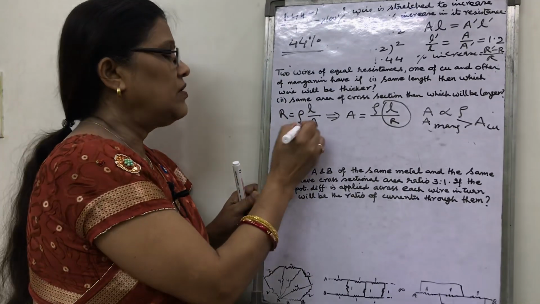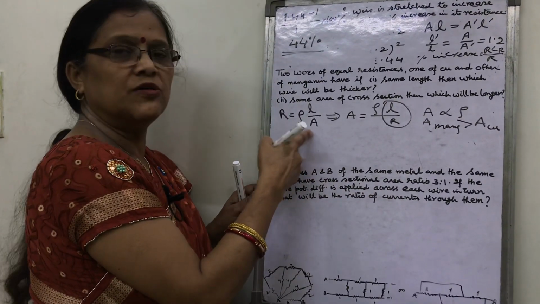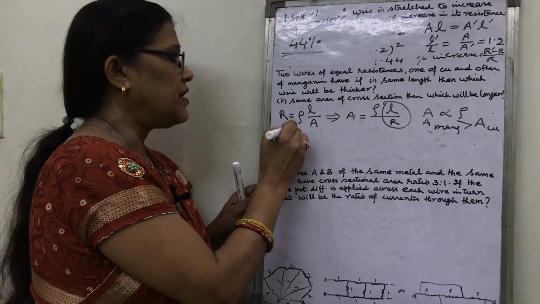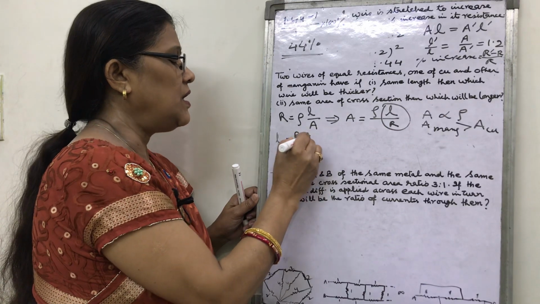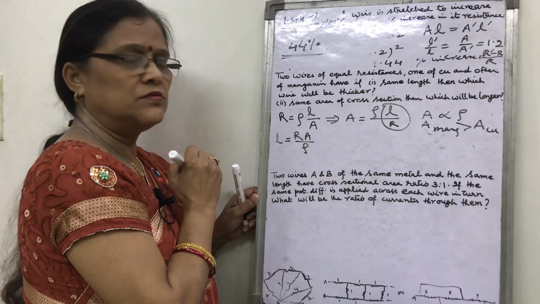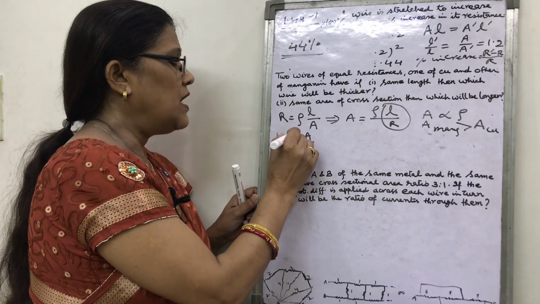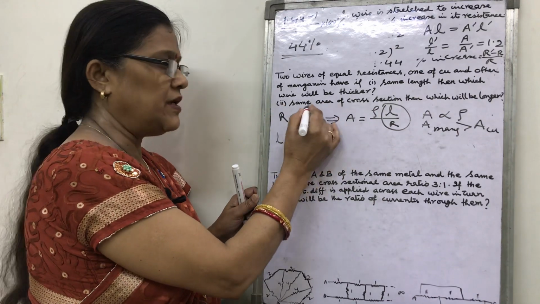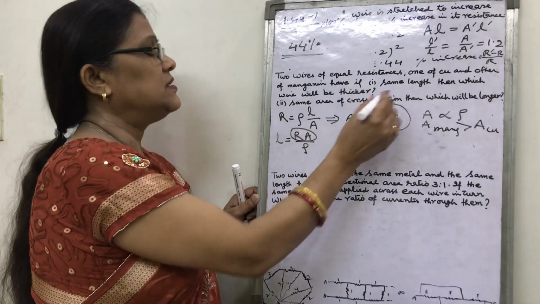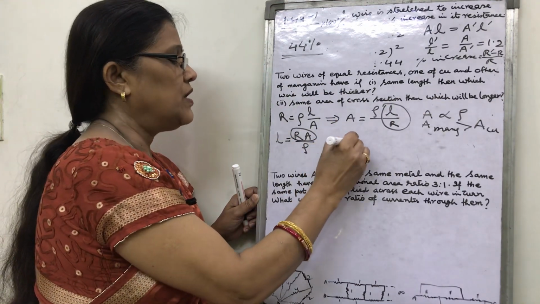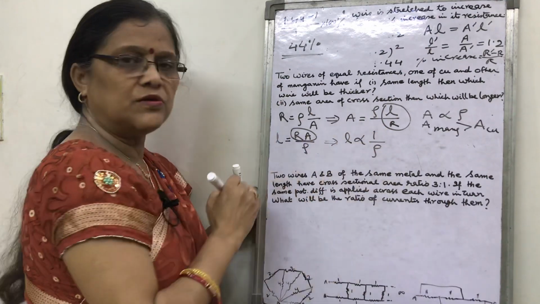Again, you look here that the second part says that area of cross section and resistance both are the same. So how will you write this L equal to? This L will be written as RA upon rho. And R into A is the same in the second part, area of cross section same and same resistance. So if R and A are the same for both wires, then what have you found from this relation? That L is inversely proportional to rho.